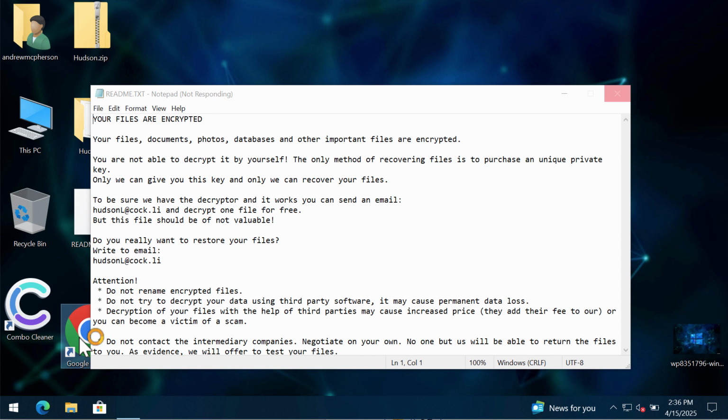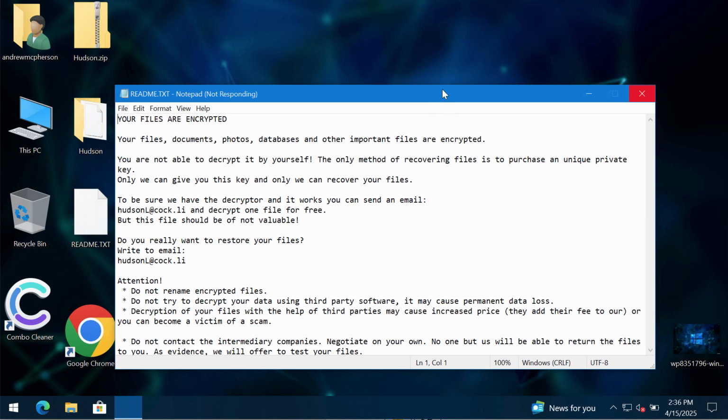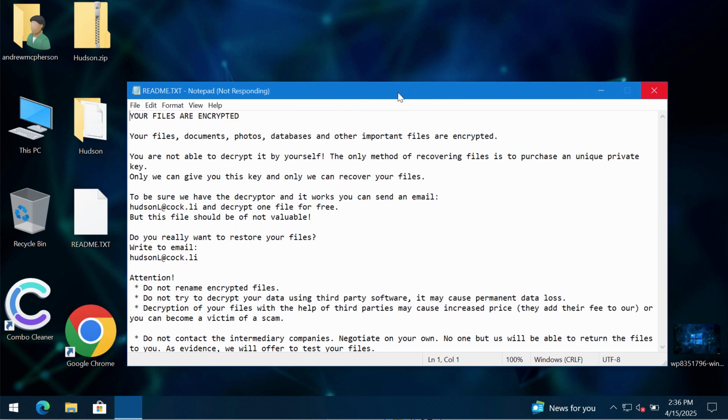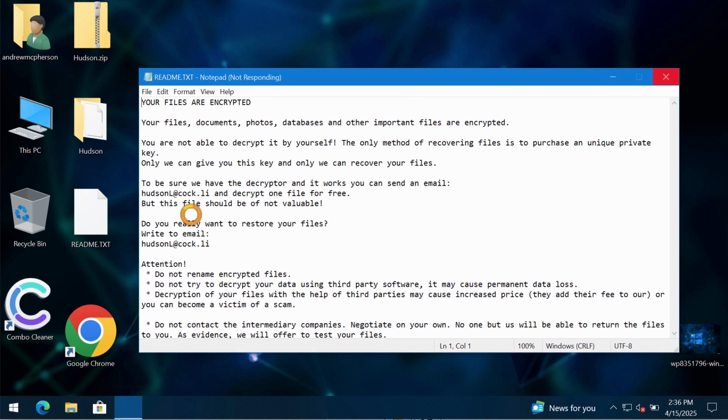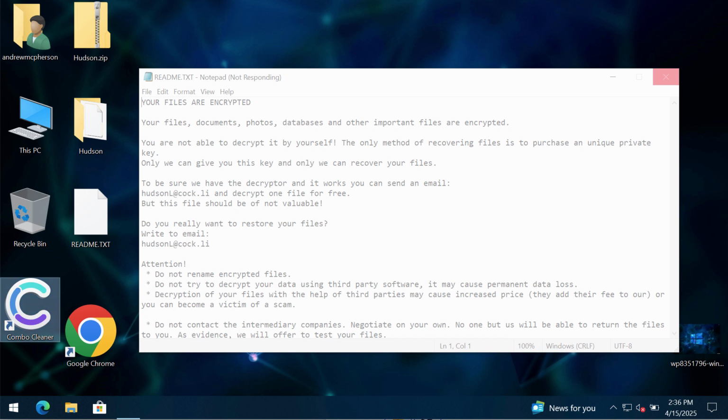You may get Combo Cleaner through either of your available working browsers. You may use Google Chrome, Microsoft Edge, or any other available browser if it works. So you need to go to the page combocleaner.com, then download the software, install it, and start carefully researching your